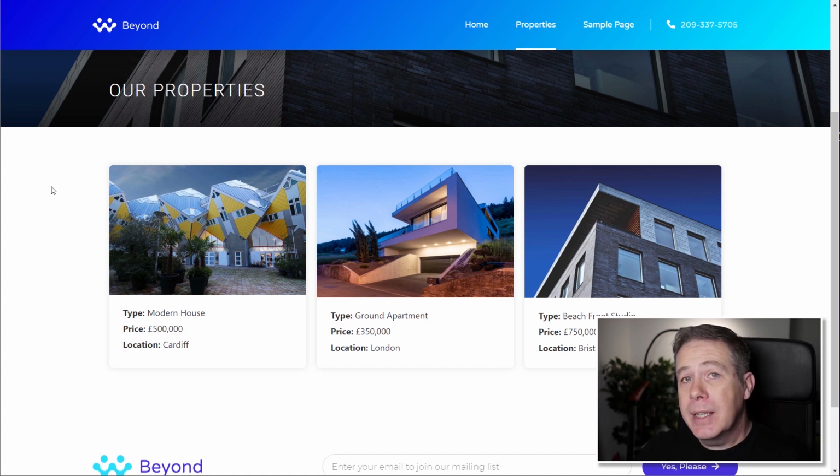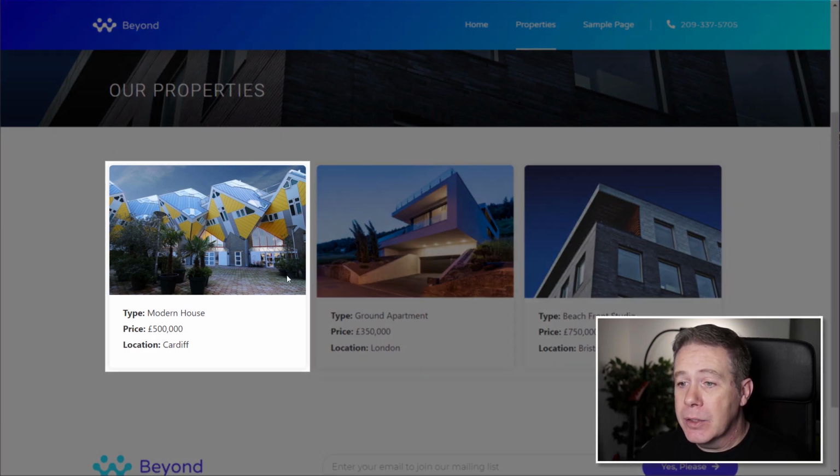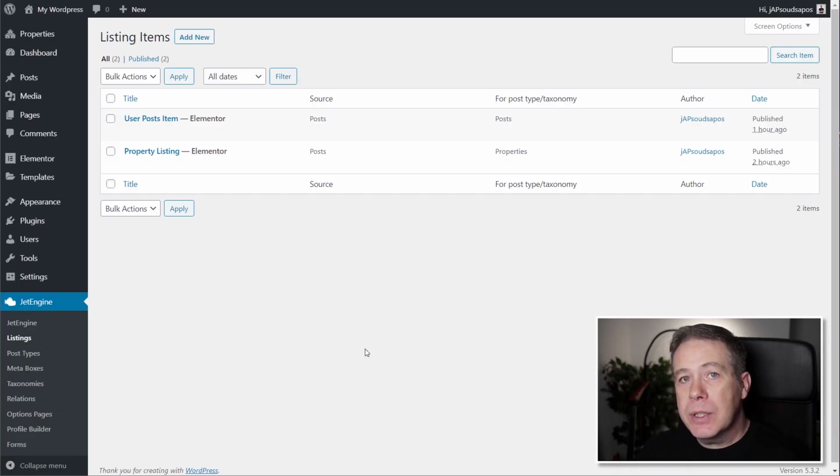So when you create a listing, you are effectively creating just one of these items. We've got the image, the type, the price, and the location, so the 3 pieces of dynamic data. Then that just repeats and changes the data based upon the next property in the listing and the next property and so on. So when you use that little wizard that's part of the Jet Engine setup, it'll create